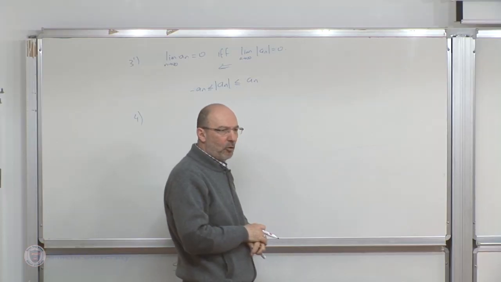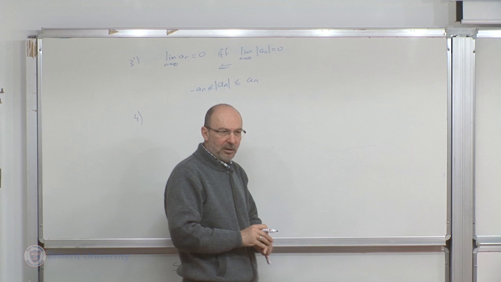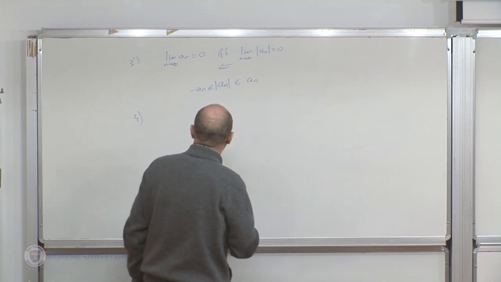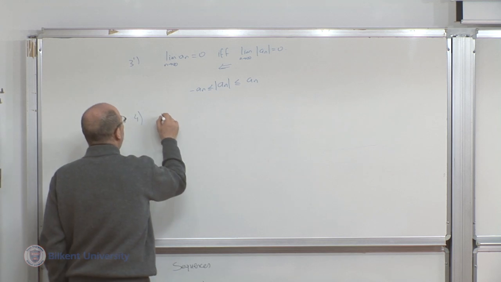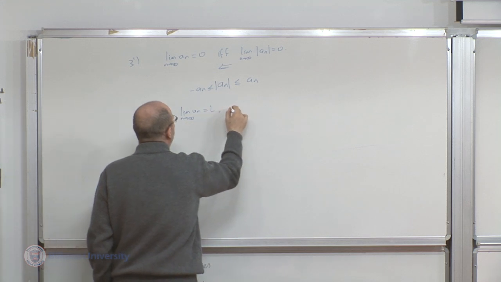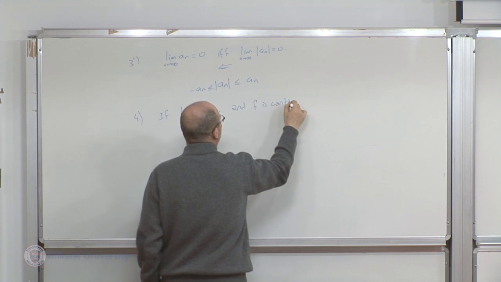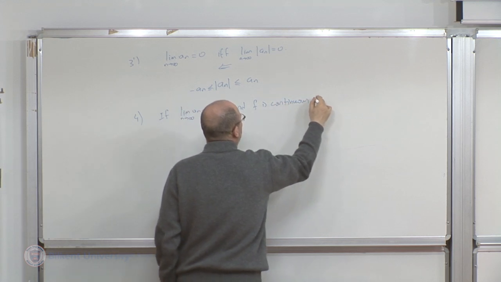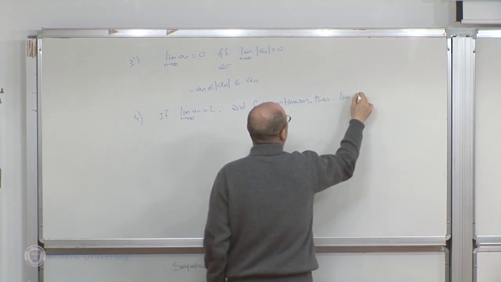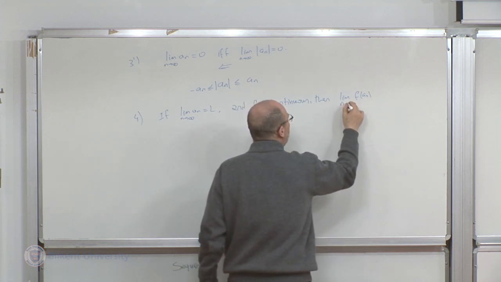So then when we compose the functions and we know the limits of each part, then the limit will be the composition of those things. And that's generally expressed in this way. If the limit of a_n as n goes to infinity is equal to L, and f is continuous, then the limit of f(a_n) as n goes to infinity